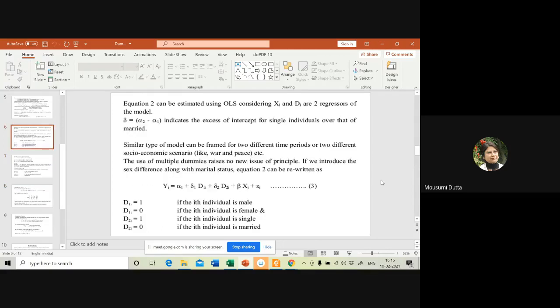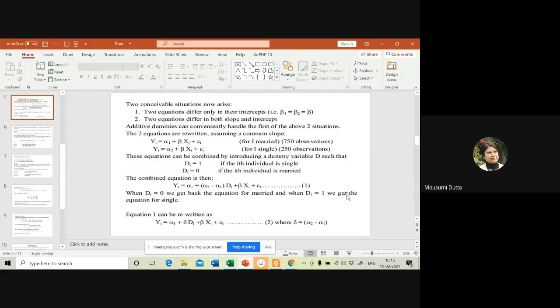So let's go back to equation number 2 once again. Since you have alpha 1 here, when you are considering di equal to 0, you are getting the intercept to be alpha 1. However, if there is no alpha 1 to begin with, if the equation does not have the intercept term, in that case the number of dummy variables will be exactly equal to the number of categories. Okay.